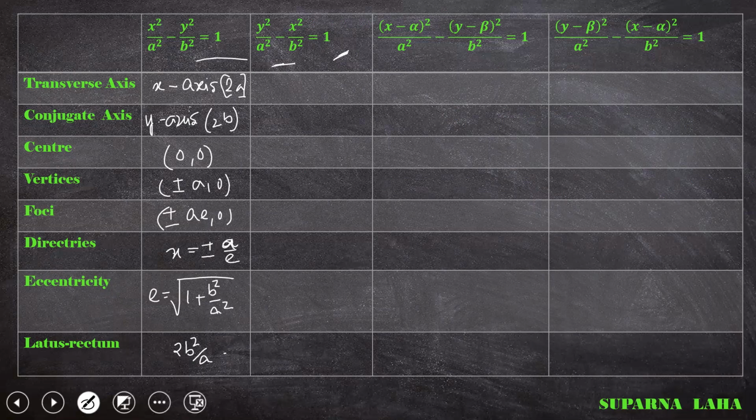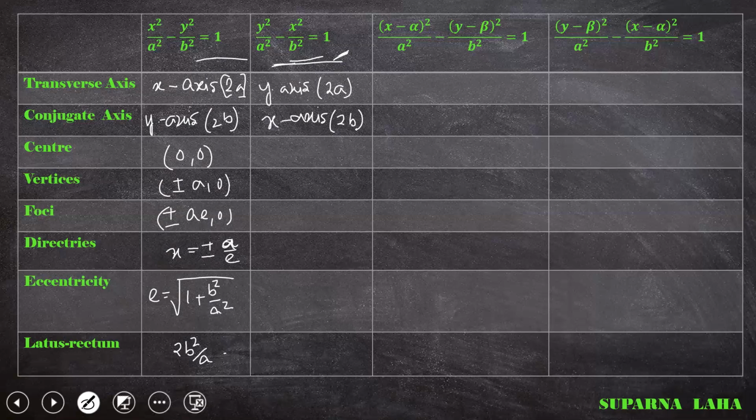In the first equation, the transverse axis is the x-axis, and in the second equation, that is y square by a square minus x square by b square is 1, the transverse axis is the y-axis, but its length is given by 2a, and its conjugate axis is the x-axis, with length 2b. So here the transverse axis is the y-axis, 2a, and the conjugate axis is the x-axis, 2b. Taking the lengths the same for the transverse and conjugate axes, just interchange the axes, y-axis to x and